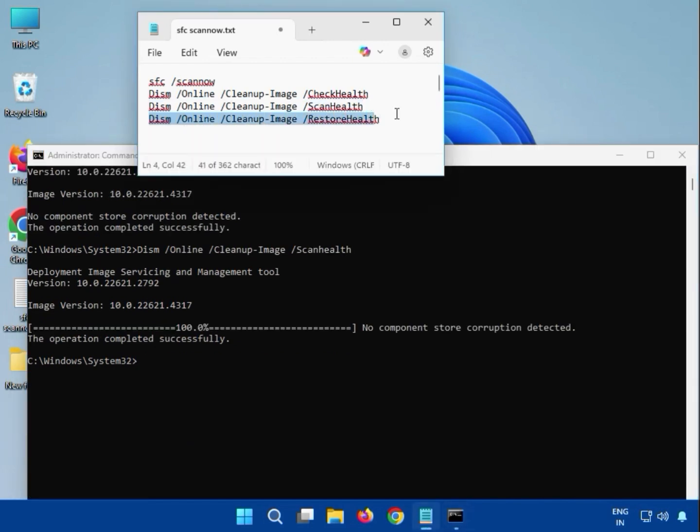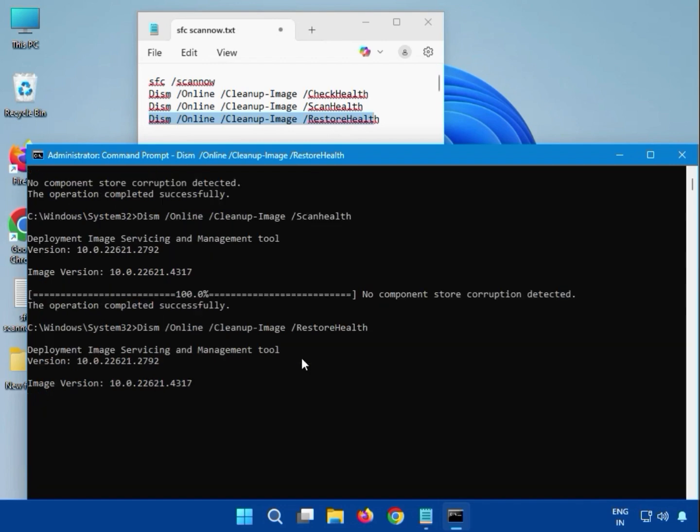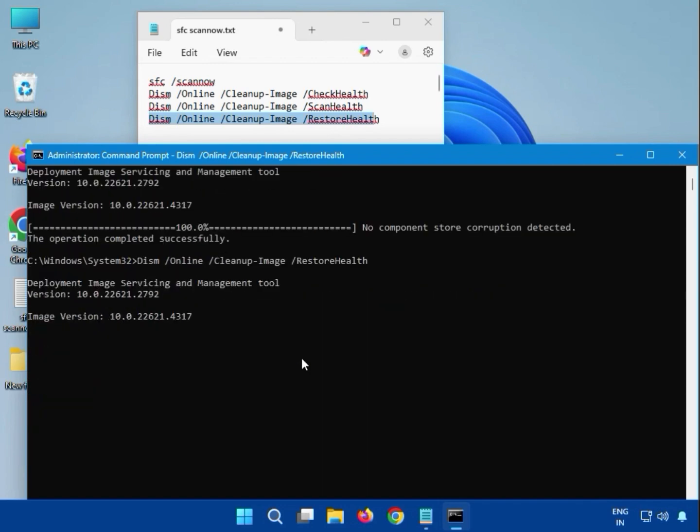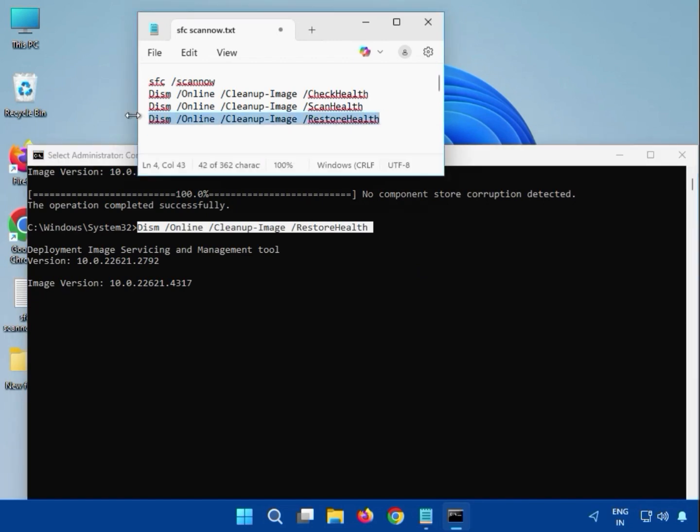Then guys, fourth one, which is restore health, you can see here we can enter like DISM and all, and please note small and capital. Okay, restore health, and then hit enter. Again guys, you have to wait. Okay, it will start the percentage, it will complete. After that you can see here,